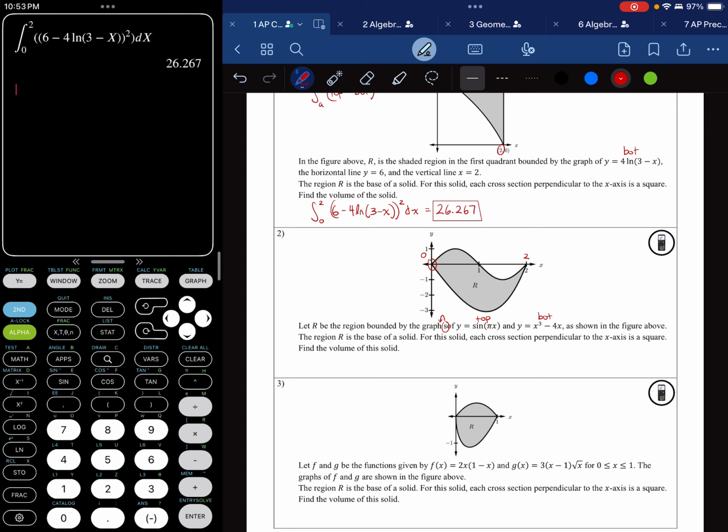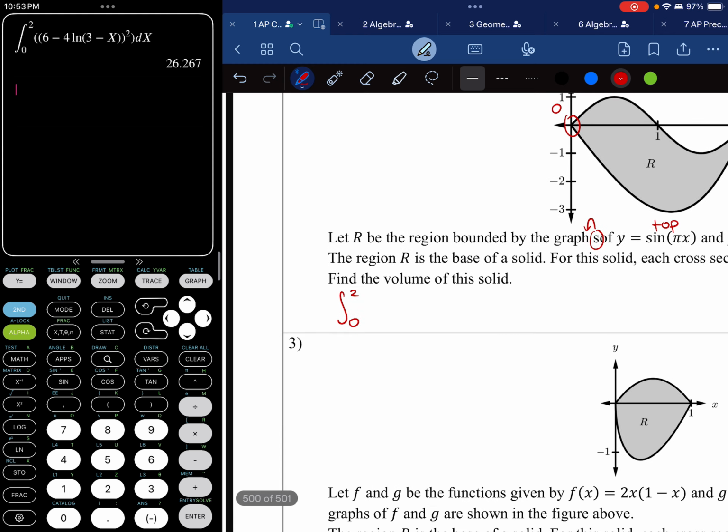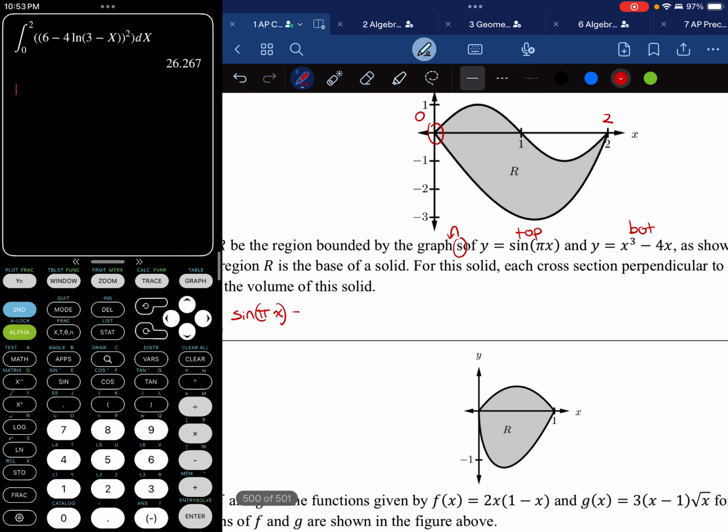So this is going to be on the calculator. Let's write this down before I do the calculator. This is going to be the integral from our bound from 0 to 2, right? 0 to 2, yep. The top function is going to be sine of pi x, and the bottom function is going to be x cubed